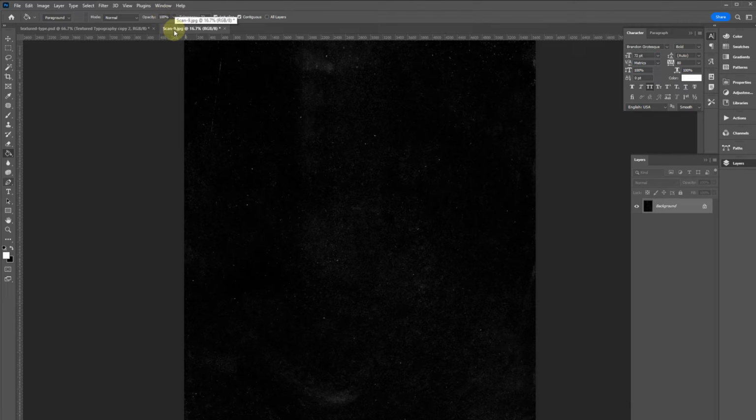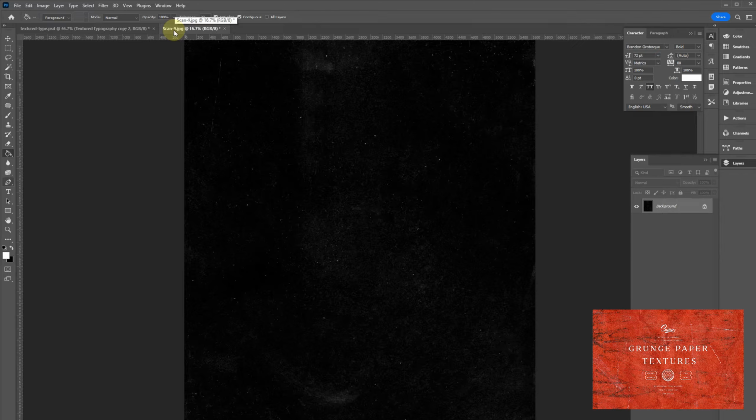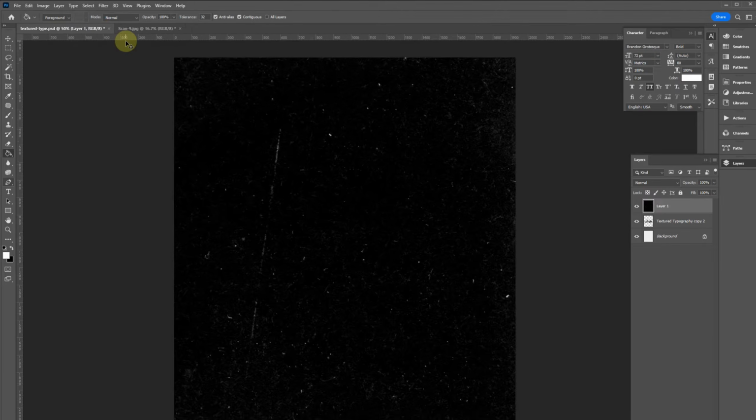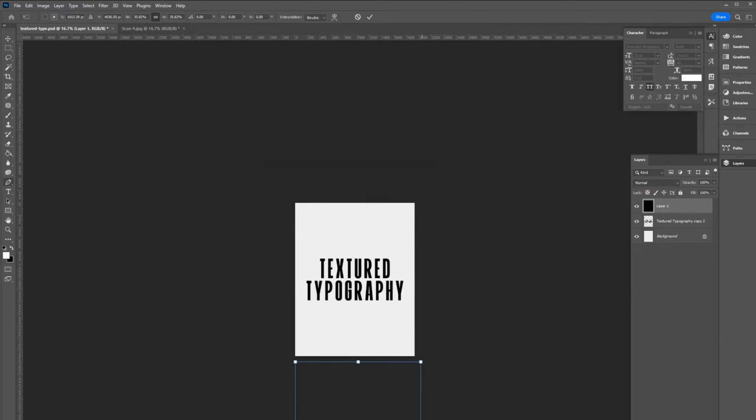This is scan number 9 from our grunge paper texture pack. I will include this for free below the video, along with a handful of other goodies as well. Why not? So we will copy and paste this over to our canvas, resize it to fit,